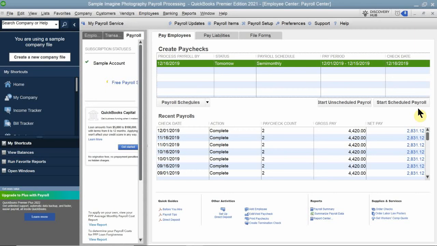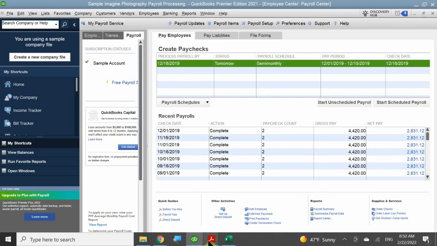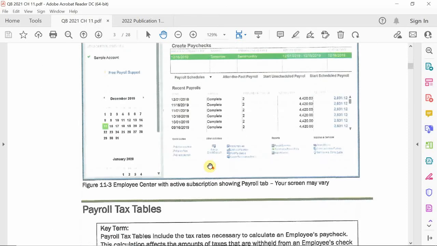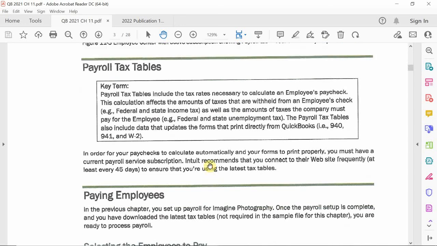Now the first thing I want to do is go ahead and pay my employees. But before you pay your employees, the first thing you have to do is make sure that your tax tables are correct. What are the tax tables I am looking for? In this case, if we're looking at 2021, 2022,